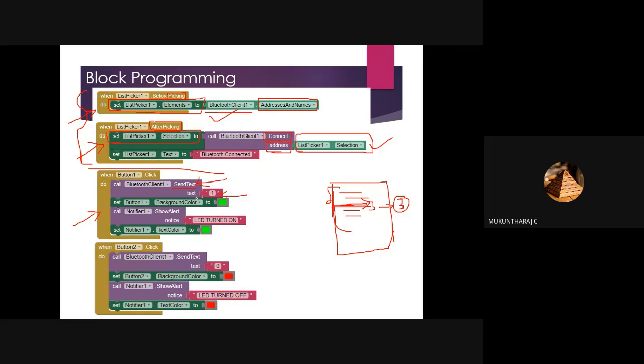Now the mobile phone's Bluetooth is going to send text one to the Bluetooth device which is interfaced with the microcontroller. On the microcontroller side, we need to get that information. Whatever data is received by the Bluetooth connected with the microcontroller will come to your program, and you have to read it. You must connect your Bluetooth device serially, in serial communication mode only.